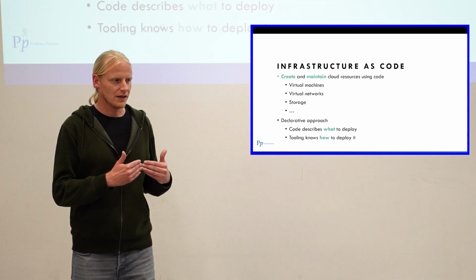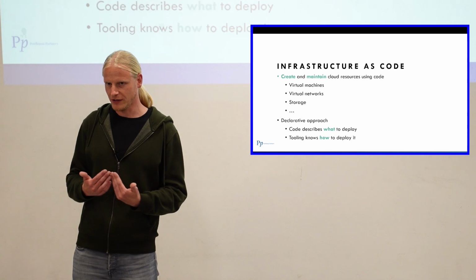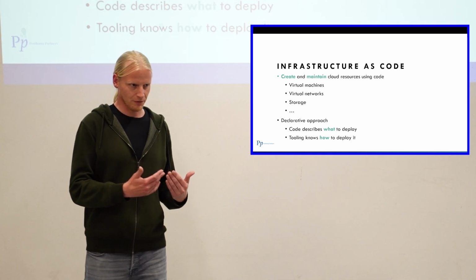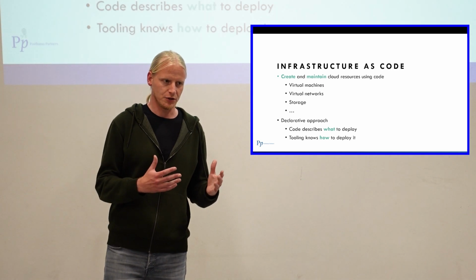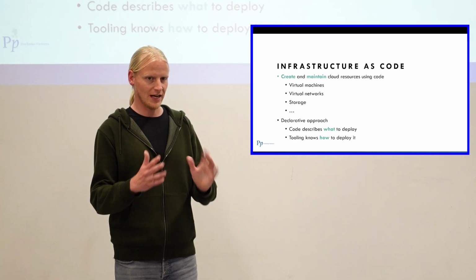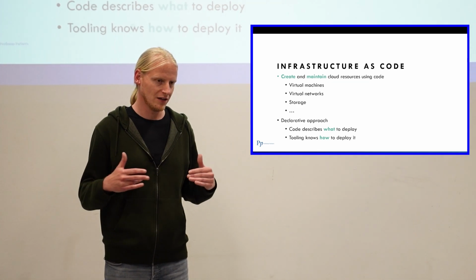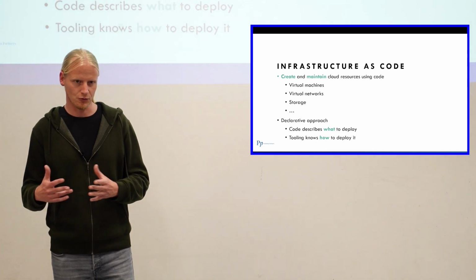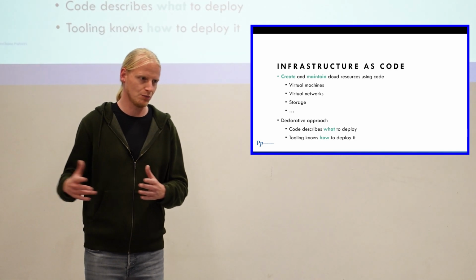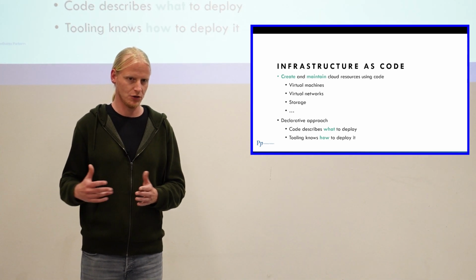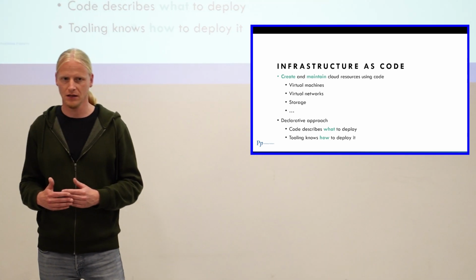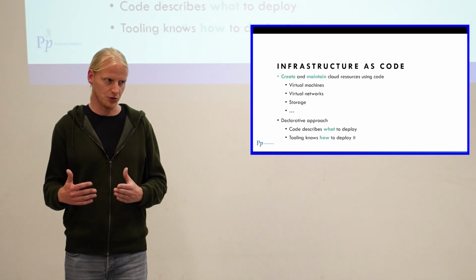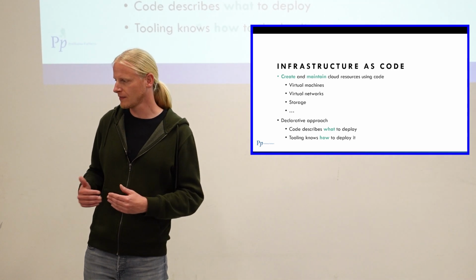The idea behind infrastructure as code typically is the use of a declarative approach. So you declare, I want this resource, and that resource, and the tooling has to take care of making it happen. So you don't have to write scripts to create resources, but you declare what you want to have, what you want the end result to look like. That is often the approach that is used with infrastructure as code.